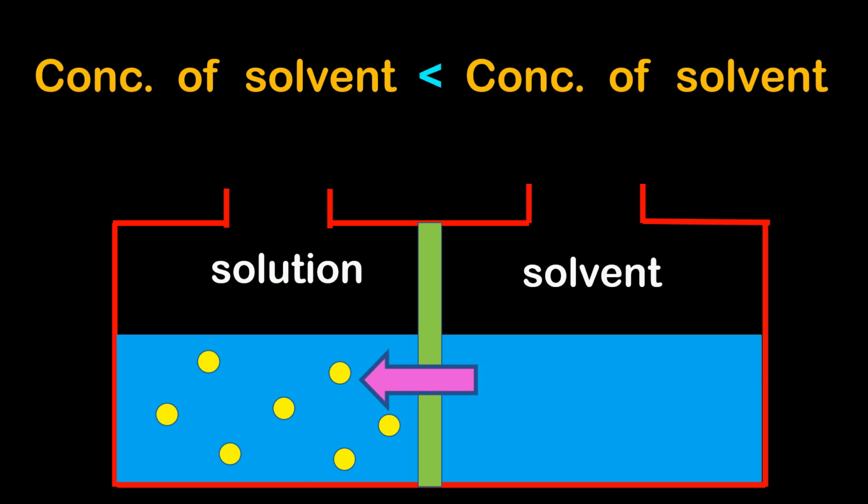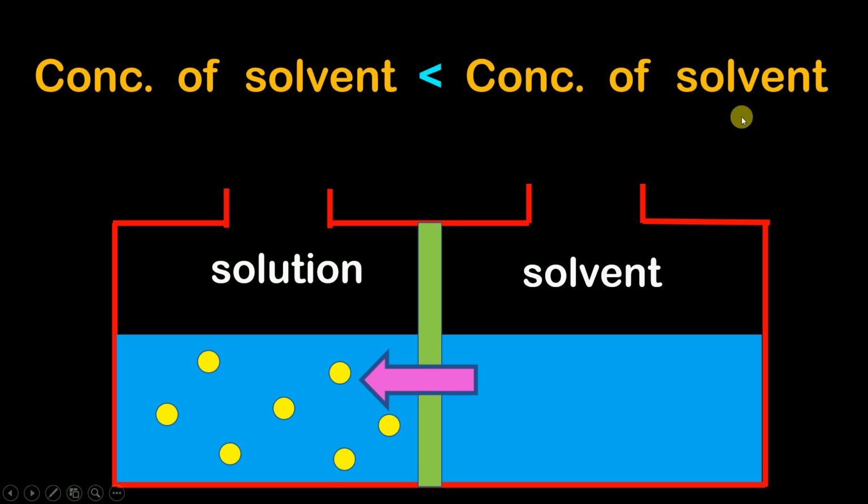when we studied vapor pressure, we got to know that the vapor pressure of solvent is greater than the vapor pressure of solution. Therefore, since there is greater vapor pressure here, the solvent molecules travel from right hand side to the left hand side. For those who do not know what is vapor pressure, don't worry guys, I have already uploaded a separate video on it. You can find the link of that video in the description box below, or you can simply click on the I button which is present on the right top corner of your screen.